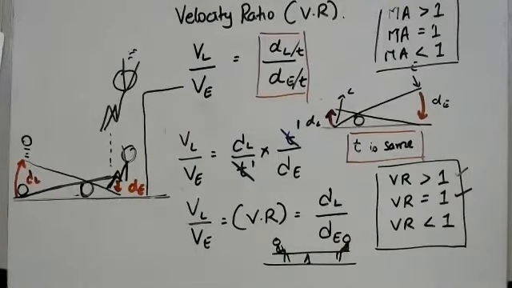So any questions about velocity ratio at the moment? So it's just the inverse, right, of mechanical advantage. Yeah, it's the, yeah. You can get mechanical advantage from the velocity ratio, and vice versa also. You can calculate the mechanical advantage if you know the velocity ratio, and the other way around also can be done.